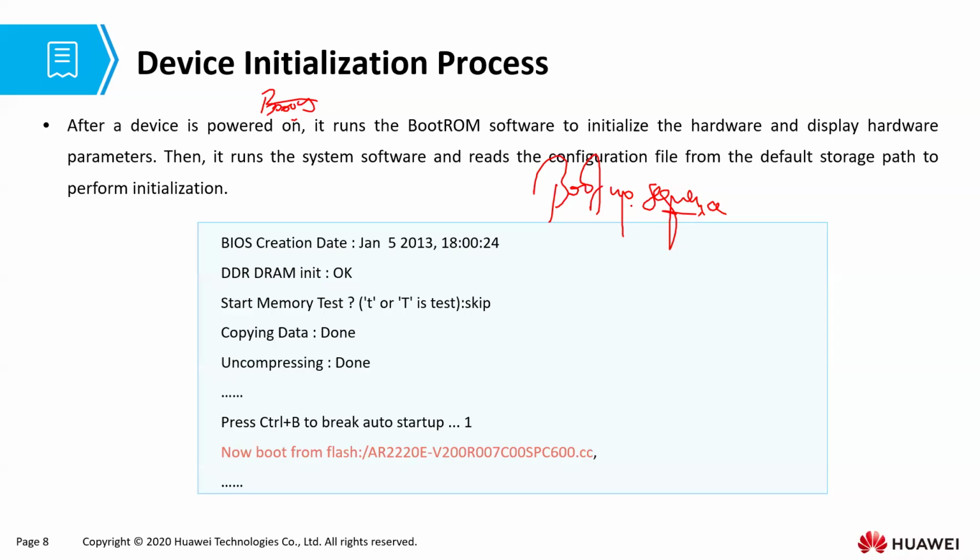Let me put it this way, device initialization: you need to understand the process from when the device is switched on up until the user interacts with the command line interface. What is that process like? The best way to understand it is looking at the different memories which will be accessed during the switch-on process. So the first memory which will be accessed